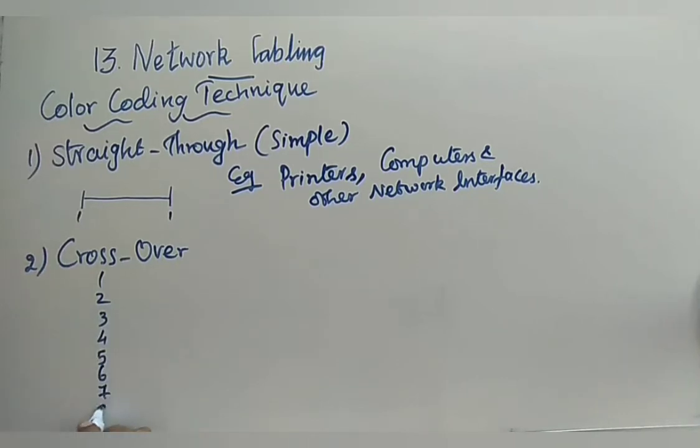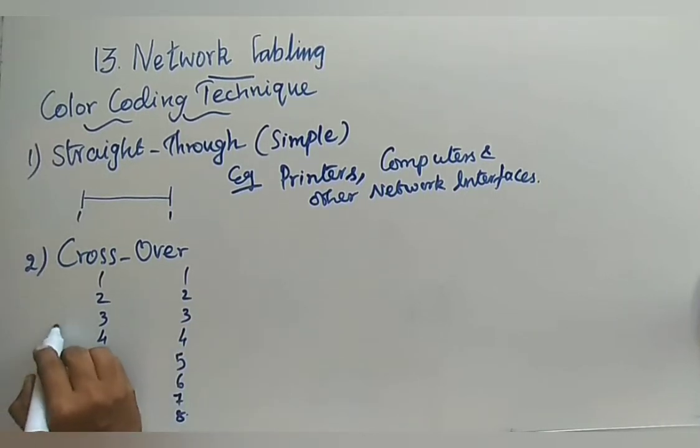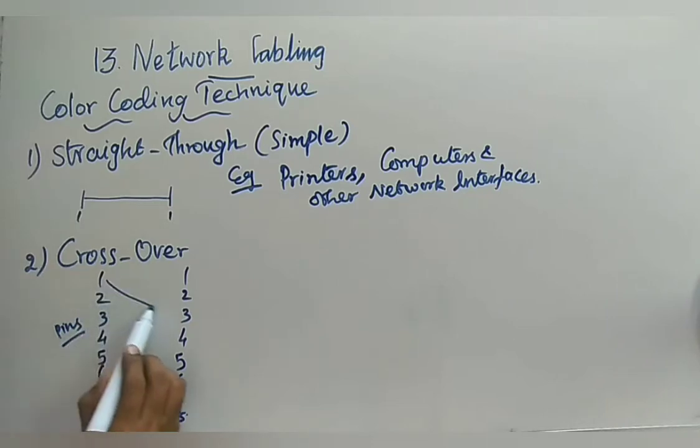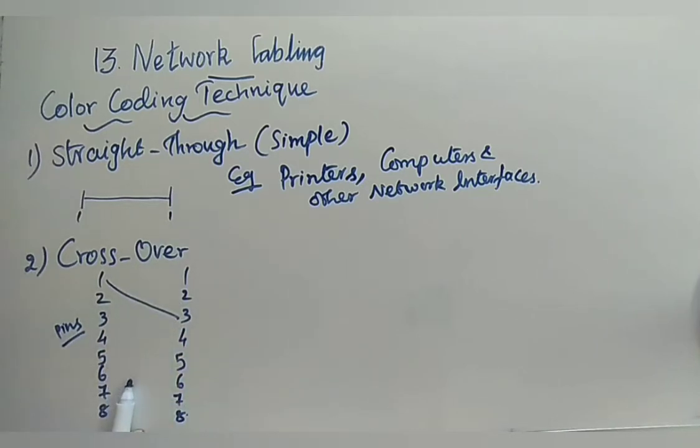You are going to have 8 pins at each end. So totally it will be having 8 pins. So here, crossover means what is actually going to happen? The first one is connected with the third one. Like that it will be combined. So it is a crossover. Straight over is nothing but pin 1 is connected with pin 1. But in the case of crossover, 1 will be connected with 3, then 2 with the next one, and like that it will be going on.